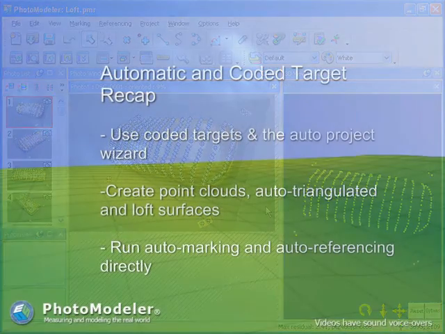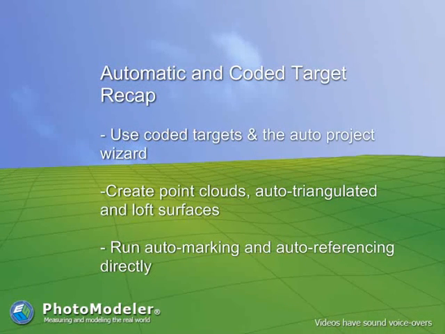This concludes the Automatic Tools tutorial. We have learned how to use coded targets and the AutoProject wizard, create point clouds, auto-triangulated and loft surfaces, run auto-marking and auto-referencing directly,